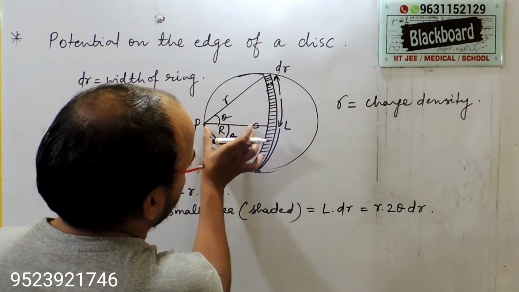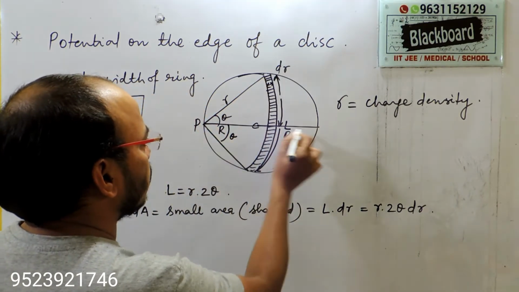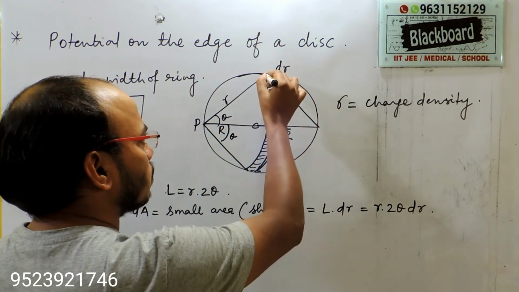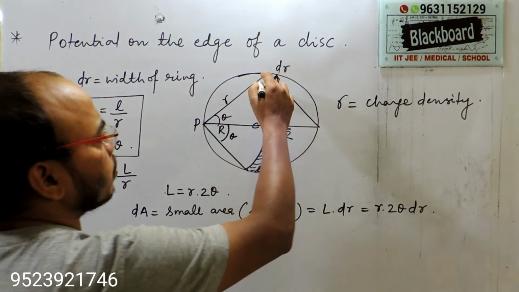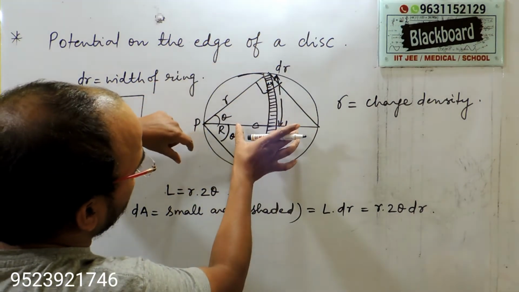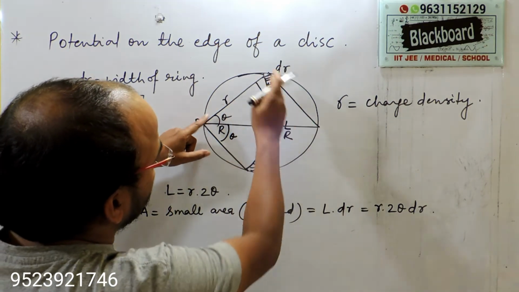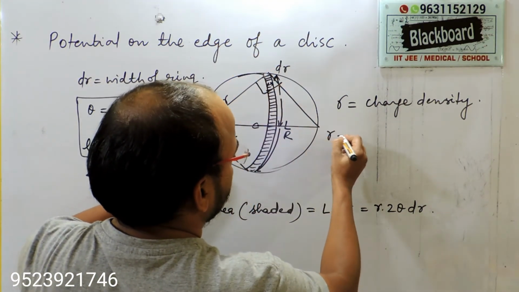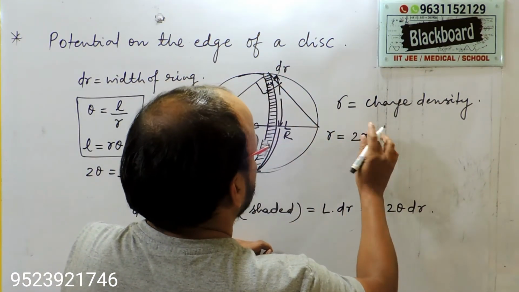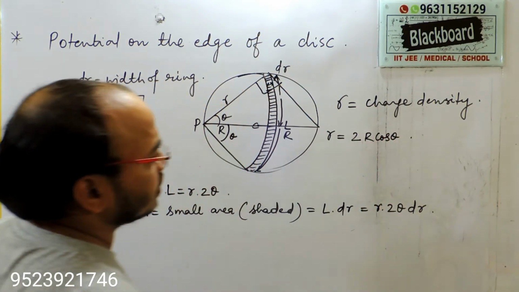Now one more important part is here. Let this is R. ये आपके पास R है तो ये भी आपके पास हो गया R. This is also R. That means this whole length is your 2R and angle on the circumference. Circumference पे जो angle बनेगा this is 90 degree. तो ये 90 degree हो गया. That means you can write and this is theta. तो ये part जो हो गया आपका ये horizontal component है. That means you can write r is equals to 2R cos theta.